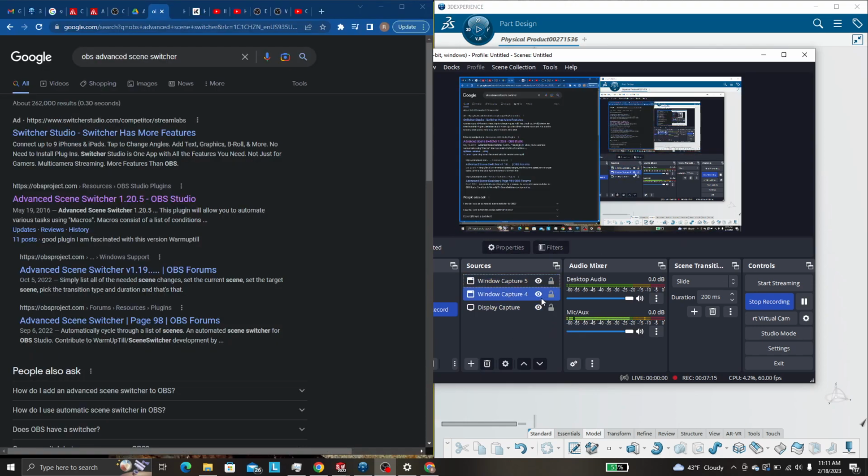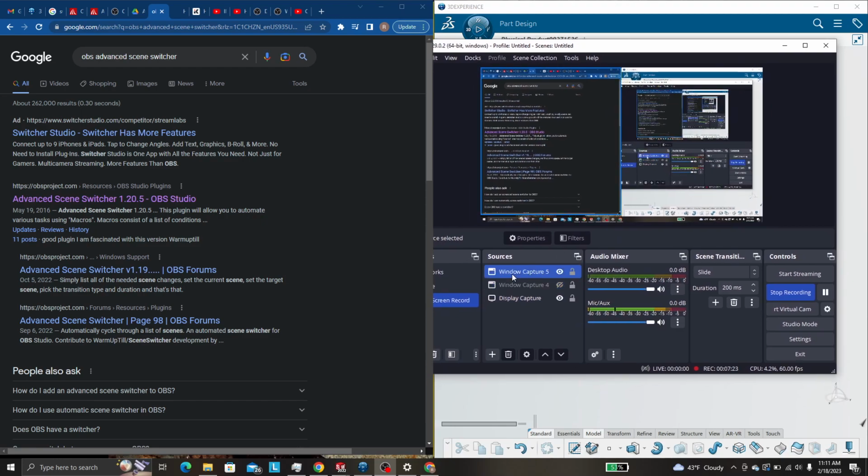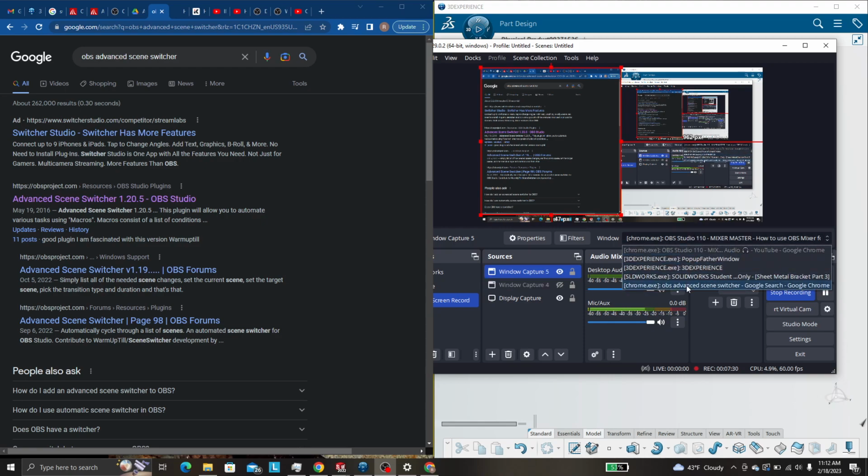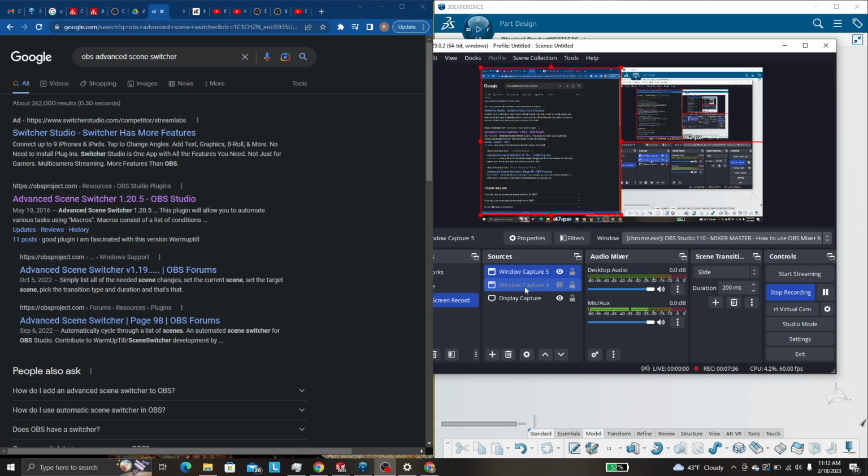Okay. Let's hide my SOLIDWORKS. Okay, now you can see, this is a duplicate of what's in my Chrome tab. So we want to make sure that the correct one of my Chromes is selected. That's the one I want. That's one of the tabs that's open on there. And then